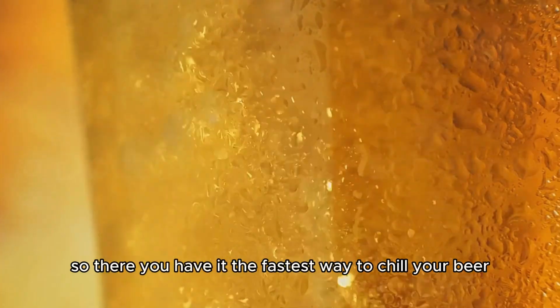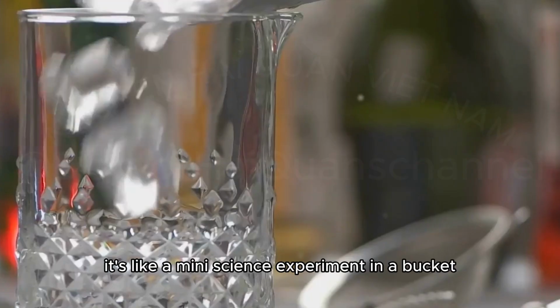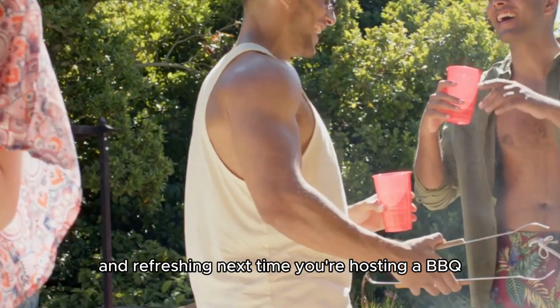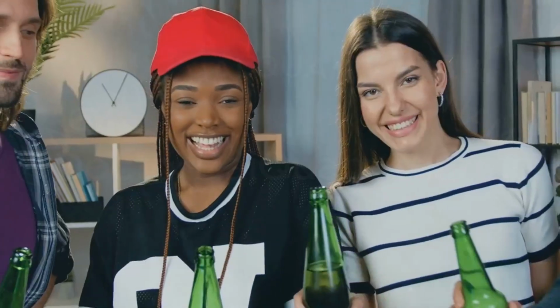So, there you have it. The fastest way to chill your beer is with 1 kilogram of ice, a bucket of cold water, and 100 grams of salt. It's like a mini science experiment in a bucket, and the results are undeniably delicious and refreshing. Next time you're hosting a BBQ, you won't have to worry about serving warm beer to your guests. Just remember to pre-chill those beverages like a pro, and you'll be the toast of